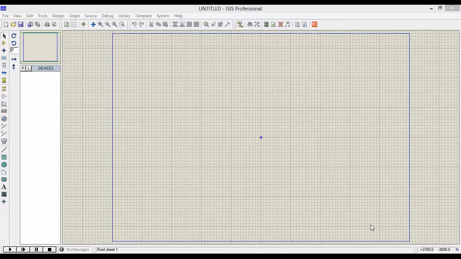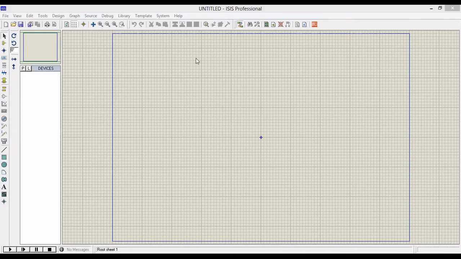In the first unit, we studied the LCD display called 16 cross 2. Now I am going to take another LCD, called 20 into 4. What is meant by 20 into 4 is that there are 4 lines, and in each line you can display 20 characters. First, we design the circuit. Next, I will explain the program. And in the third stage, I will show the output.